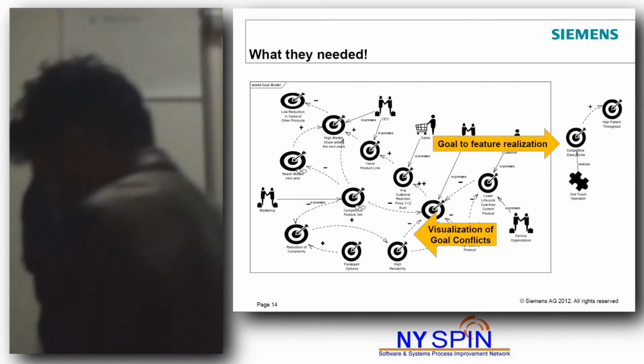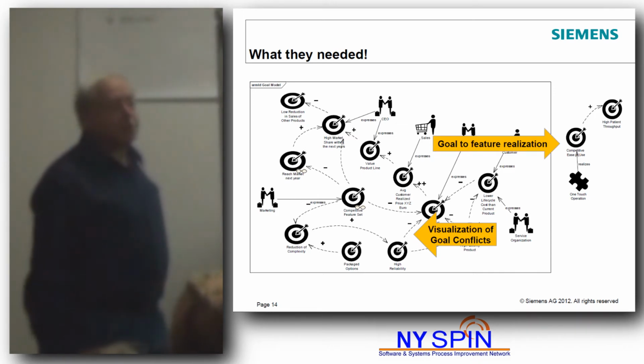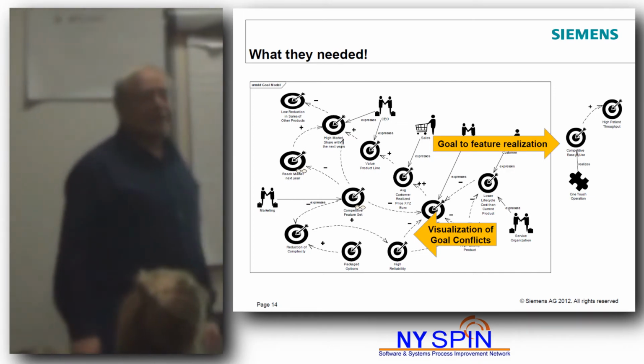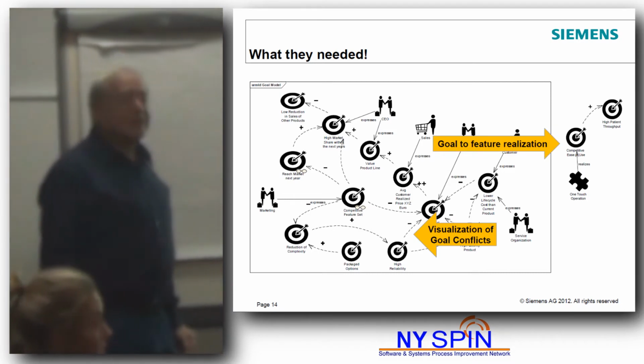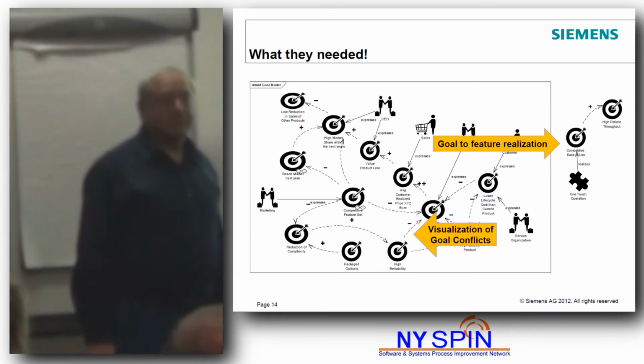But your point is well taken, right? We want to know who specifically wants the goal. So if you open up a goal and you right-click and open it up, you should see who the requester is. Yes. If you do a really thorough job of this, don't you get a very cluttered